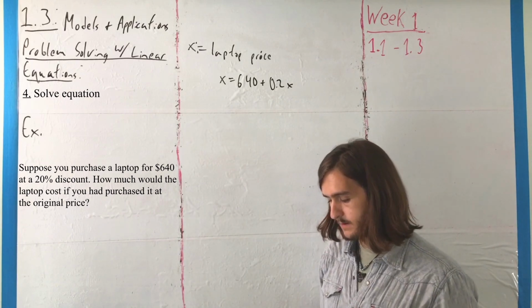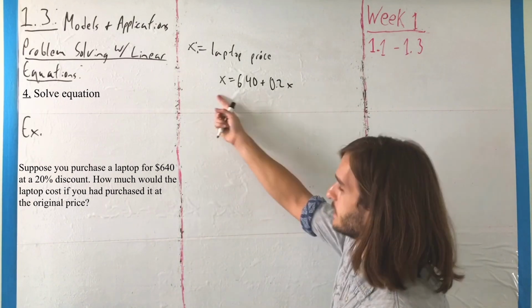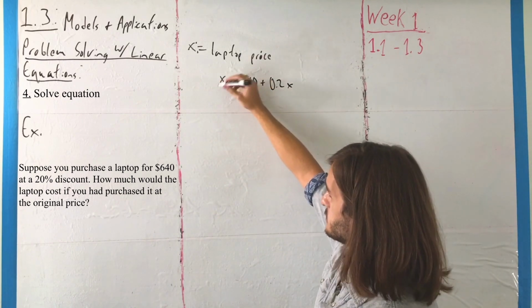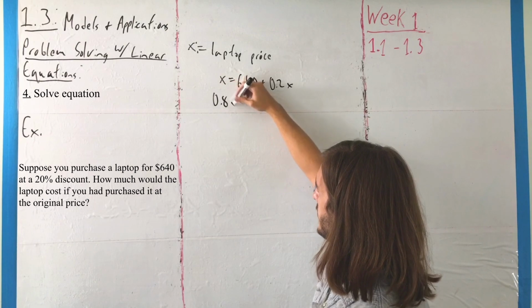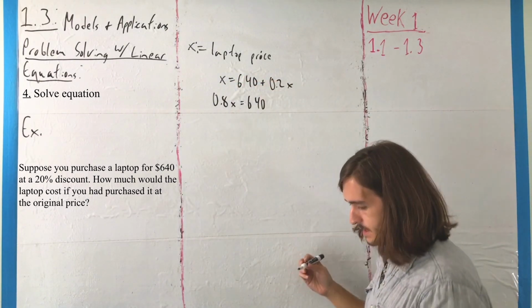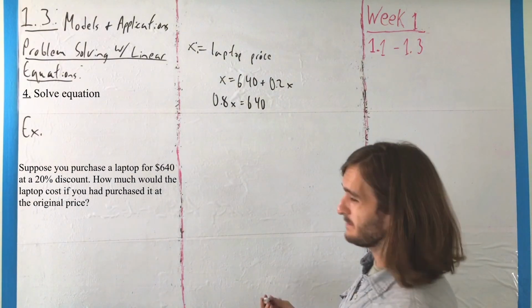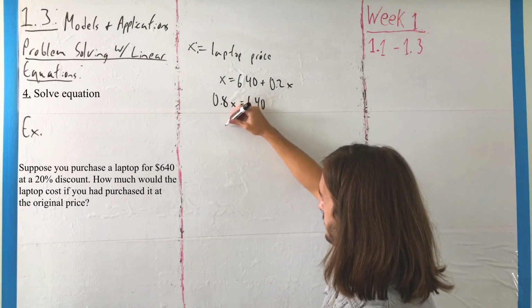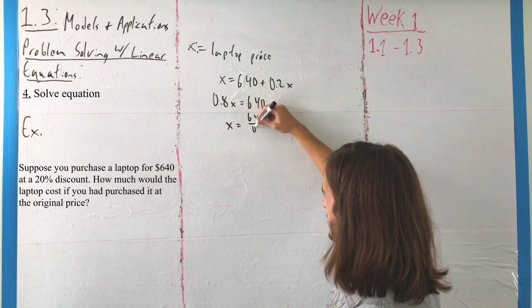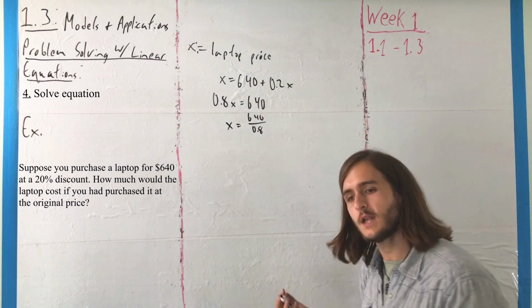It's the same sort of moving the math around. Here I'm going to subtract 0.2. Be careful, that's a 1 hidden on there. So if I subtract 0.2 over, I'd be left with 0.8x equals 640. I'm going to divide both sides by 0.8. So I would have x is equal to 640 over 0.8, which is technically true and technically the right answer,